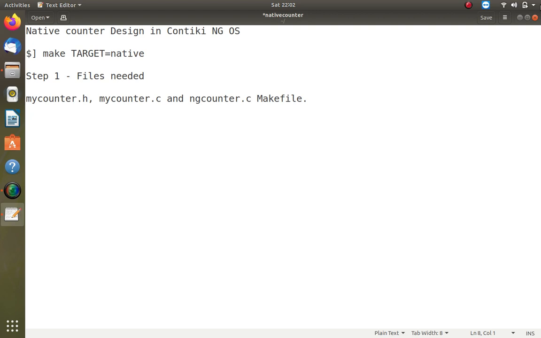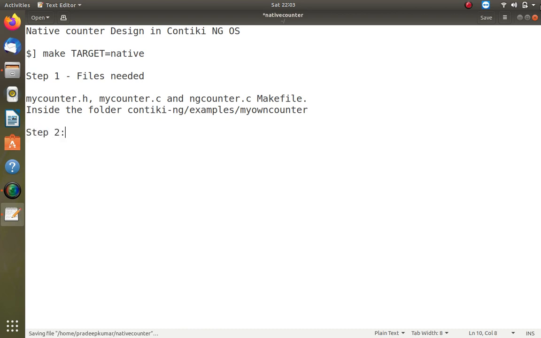All these things will be put inside a folder, which we can create inside contiki-ng/examples. I will be creating a folder called my own counter. This is the name of the folder. So this is what I will be creating in step number one.